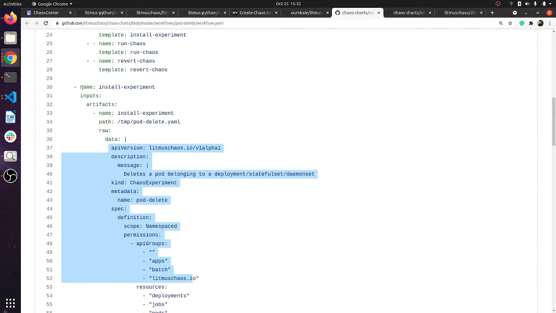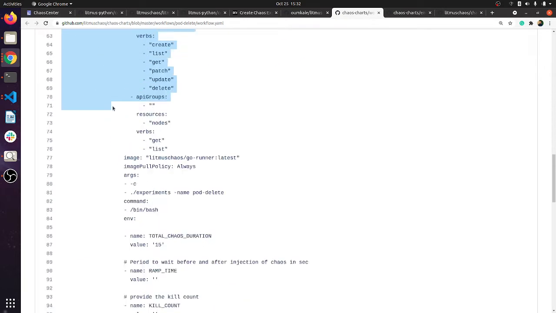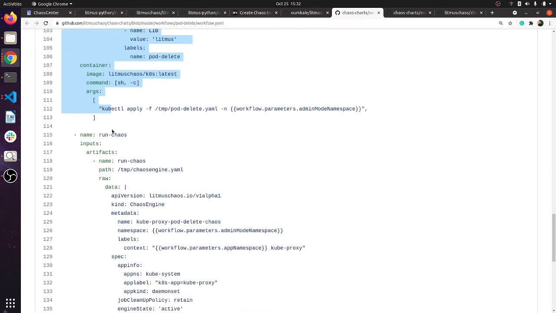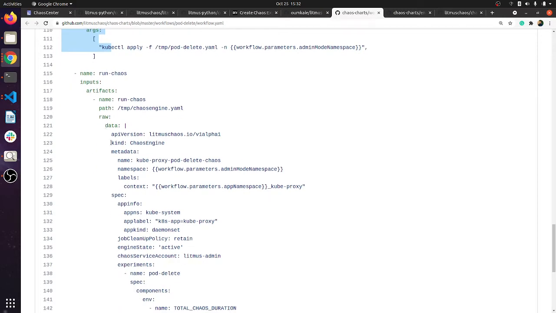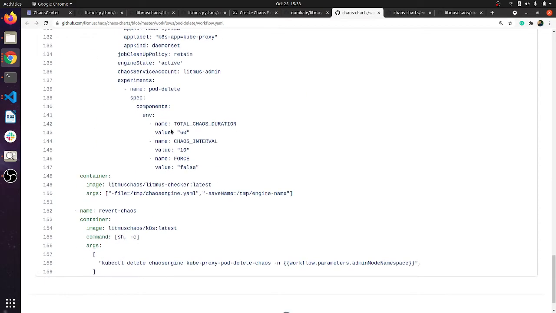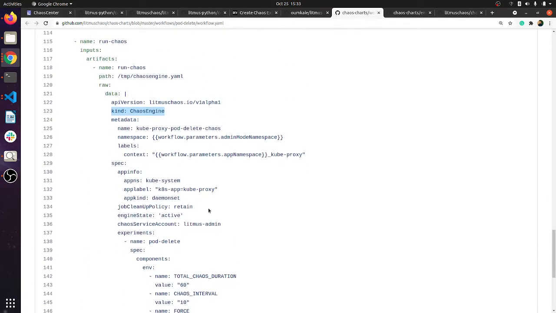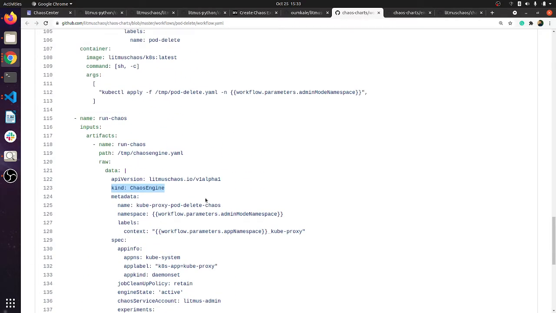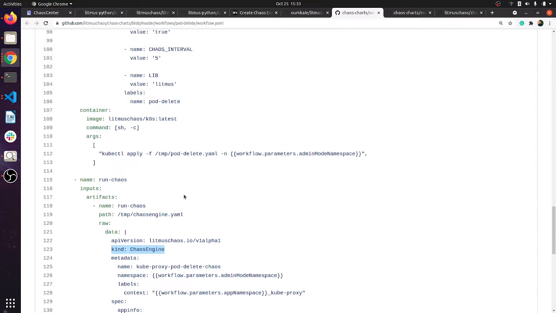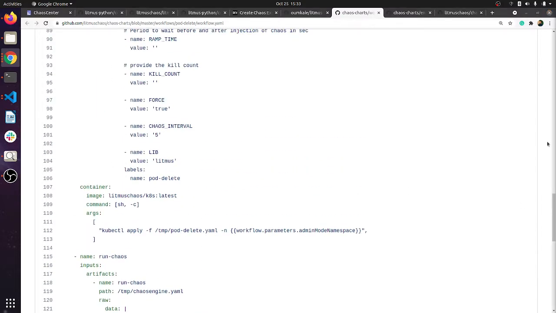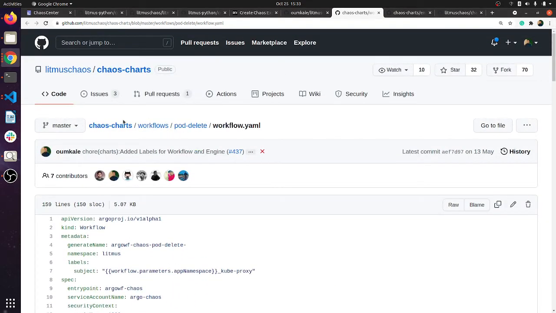We have to update this and fit it into this artifact manner, and the same for the engine. You can see this is the chaos engine CR only. You have to fit it in this manner, and this will be the reward. It will delete whatever the corresponding job got created during the chaos injection. So this is the example workflow we have looked at.